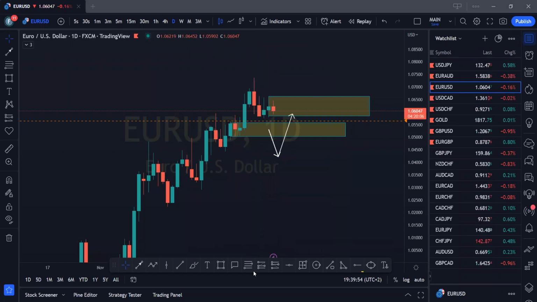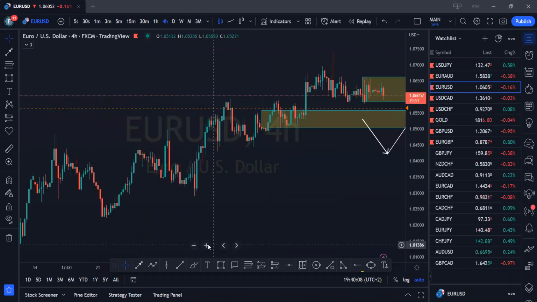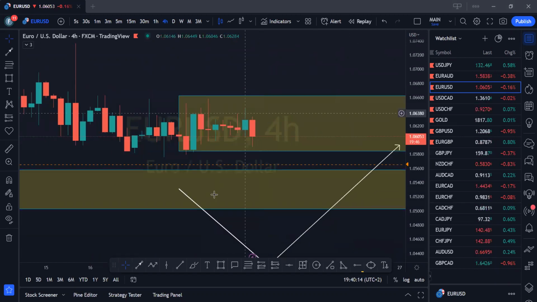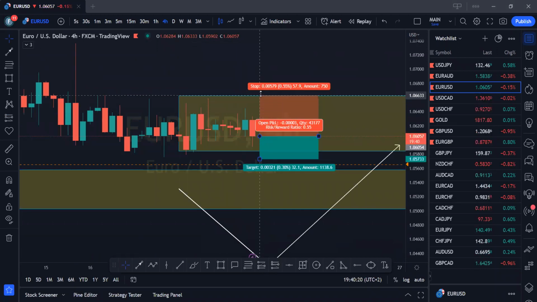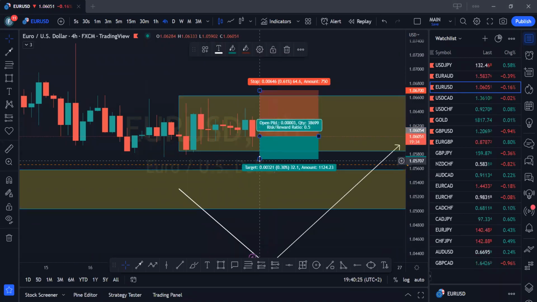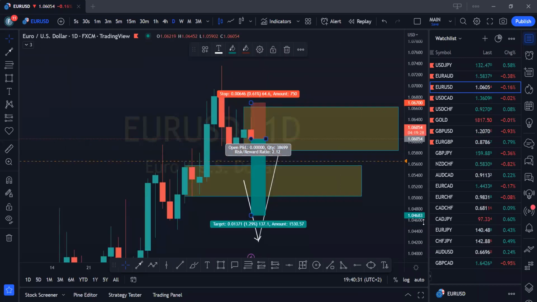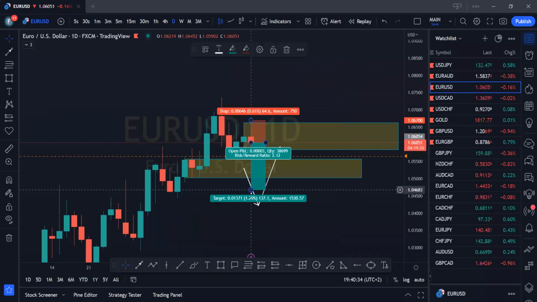Or if you are a very, very aggressive person, what you can do is to just sell as price is right now. If you are selling from here, you are selling based on what price is doing on the 4 hours. The only issue there is that your stop loss would have to be very, very wide because price might still come up and grab liquidity. So put a very wide stop loss, okay? And then obviously, based on daily structure, you can exit at this extreme here.